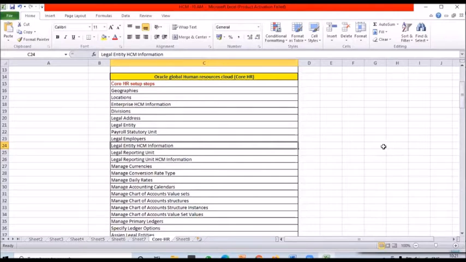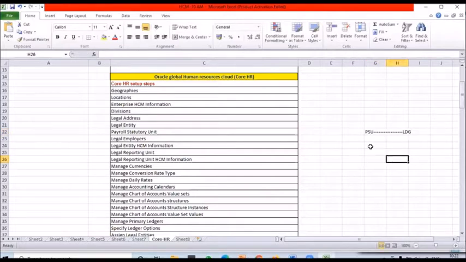I hope in the last class we observed that particular error message also. If the PSU is not associated to the LDG, what kind of error is there? You can see the legal entity in the employee hiring page, but it will throw an error message: there is no LDG associated, can you please select another legal entity? That means the PSU must definitely be associated to a particular LDG. We'll study the LDG more in the payroll class, but up to now you can understand that each and every PSU needs to be associated with an LDG.